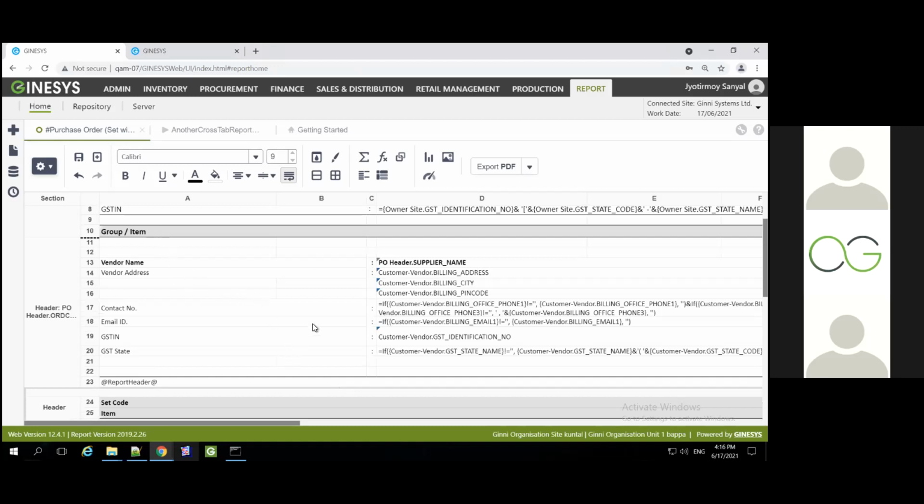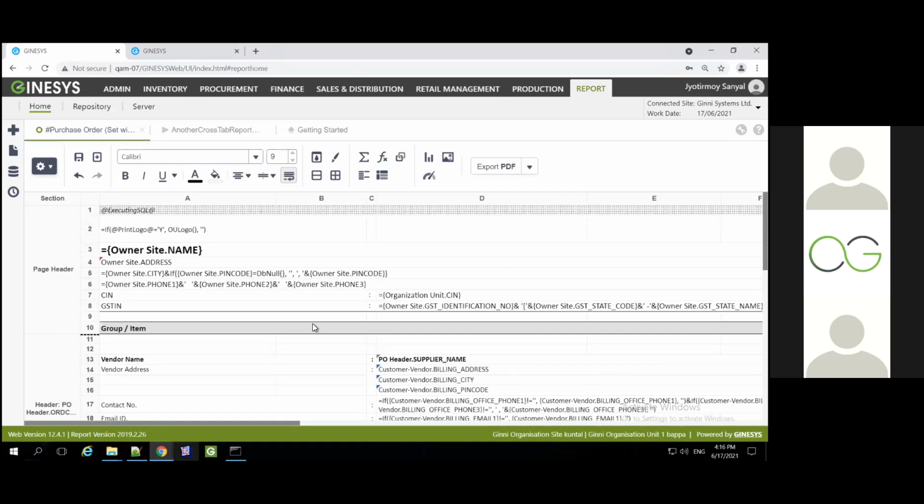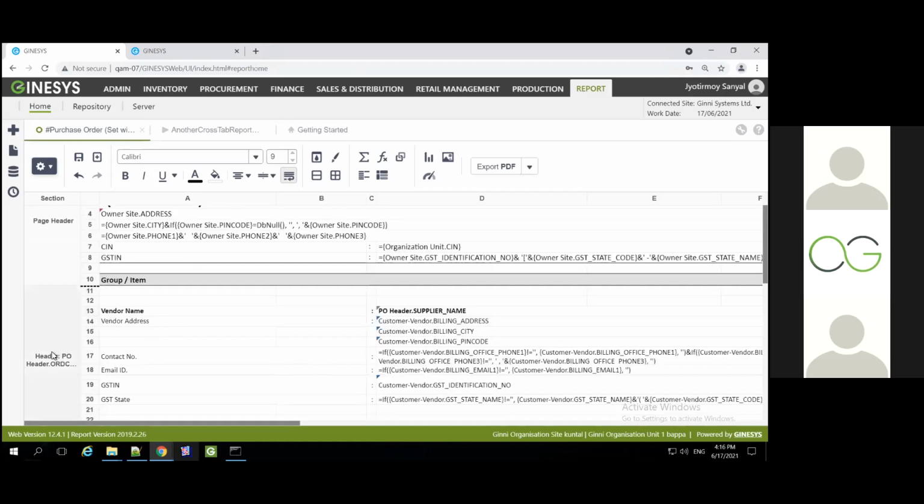Now, what is the main group in this particular document? For a document, the transaction always becomes the main group. In case of PO, I want my information to be displayed per PO. Similarly, for a GRC, it will be the GRC number transaction. Like that, we will have the particular transaction as the main group under which you want the various information to display.